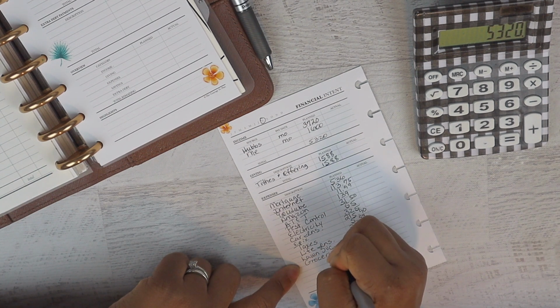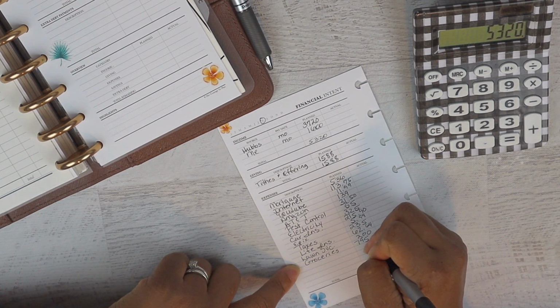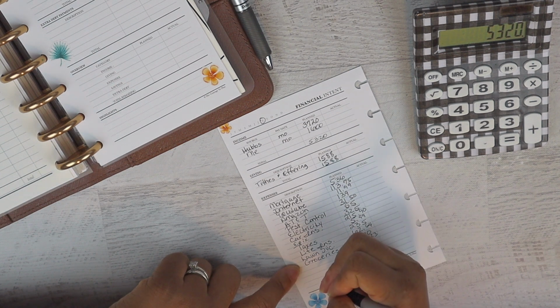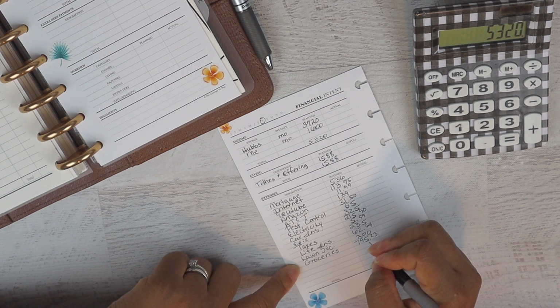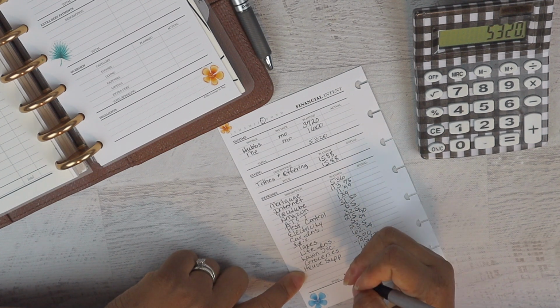Groceries, this is an odd amount because I've already pre-planned. So we're going to say $795.23. This is another area where we've had to increase this category because we were hovering going over by around $55. And it's not like we're not meal planning, Hubs meal plans. If we find deals,